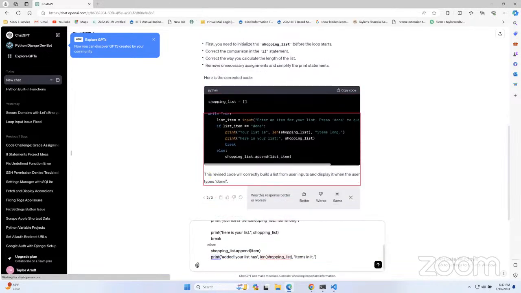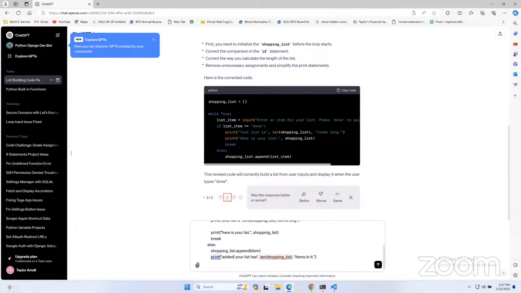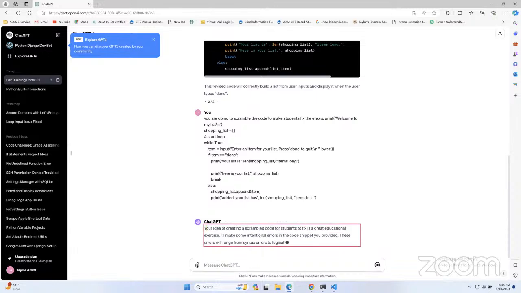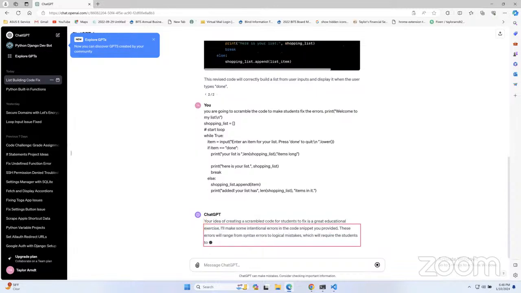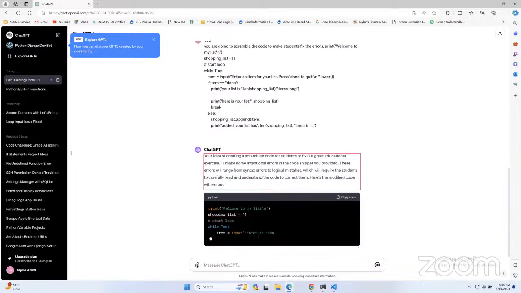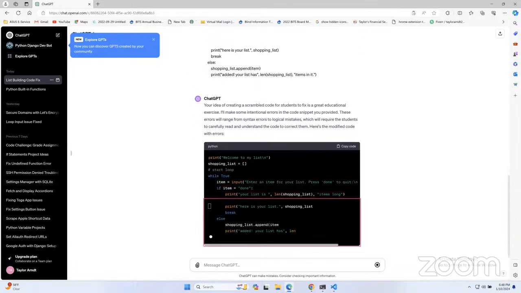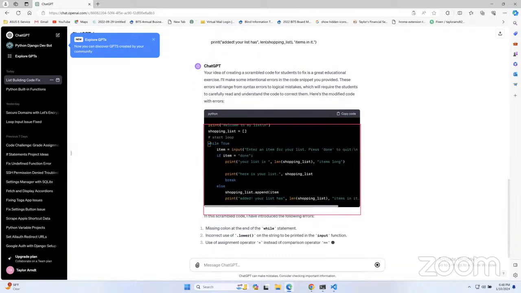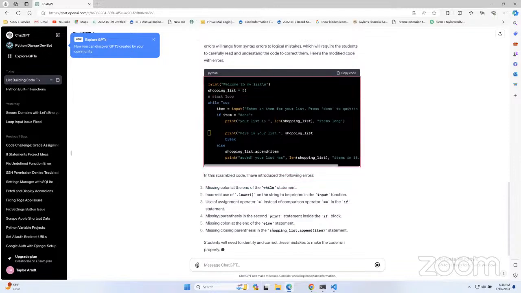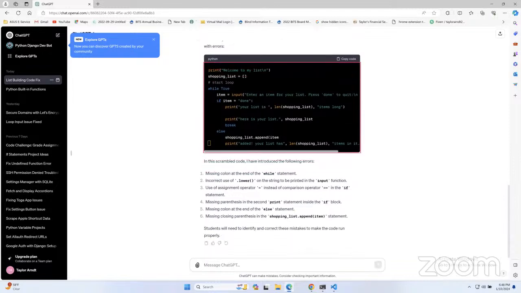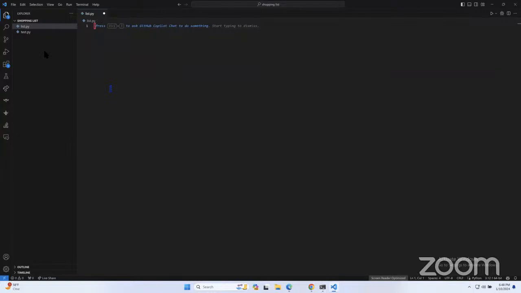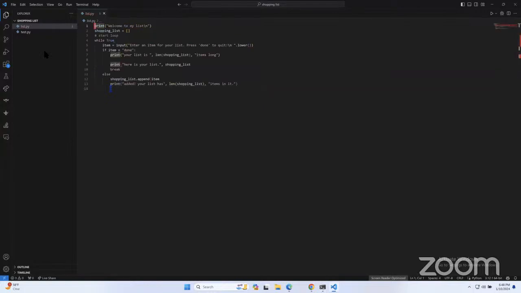Alright, so we're gonna make out of two shopping line list this quote done quote button 2 slash button unavailable clickable button clickable button clickable but clickable but was this response better or worse quest button message chat G shopping line list you are going to scramble the out of blank print left pair blank chat GPT your idea of creating a scramble code for students to fix is a great educational exercise I take LL make some errors to logical mistakes code Python clickable print left parent quote welcome to my list backslash end quote right parent shopping line list equal number start loop while true item equals in if item equals quote print left parent blank print left parent break else shopping print left parent and the scramble code comma print left parent quote clickable so chat GPT list dot pi dash shop and like I said if you guys are around I'm gonna read it off to you guys print left parent but yeah it's time for us to fix our code before we leave and then